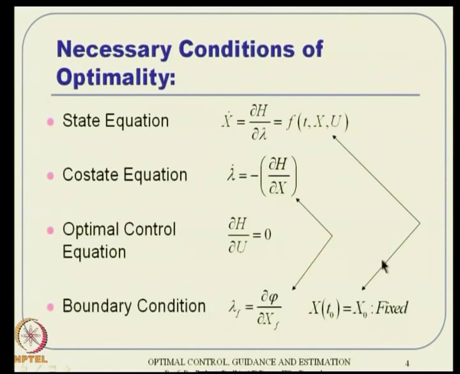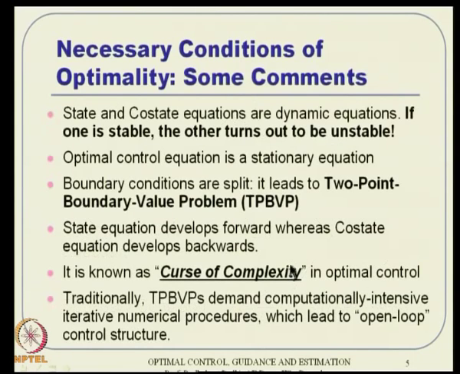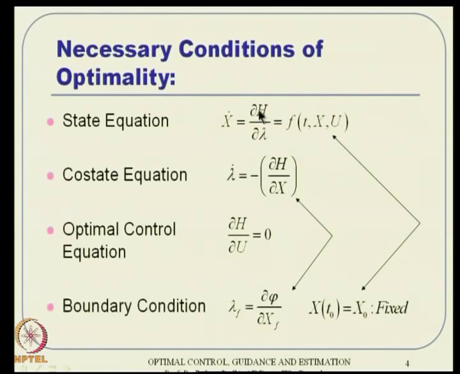That is what I told you here: the state equation has initial conditions, whereas the co-state equation has final conditions. Because of this, the state equation typically develops forward, whereas the co-state equation should develop backward, because you know the final condition. That is why we can typically integrate the co-state equation backwards, because we know the boundary condition at the final time. In general, numerical techniques can circumvent some of these and talk about forward integration of both equations. We will see that in a while.